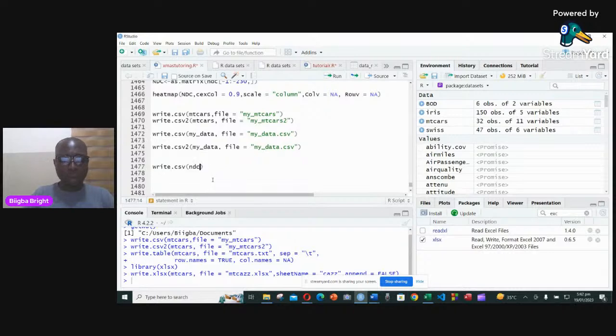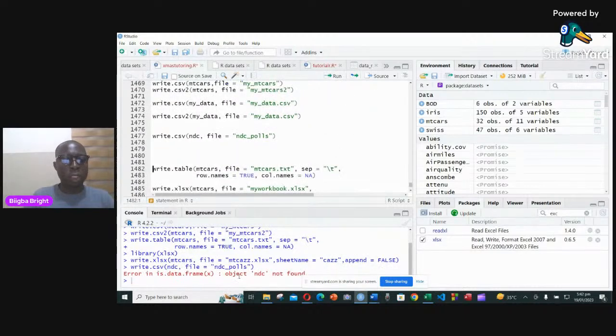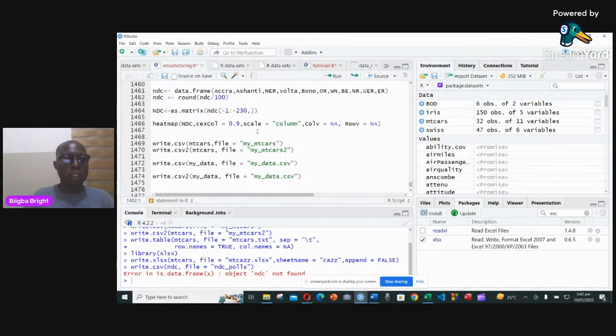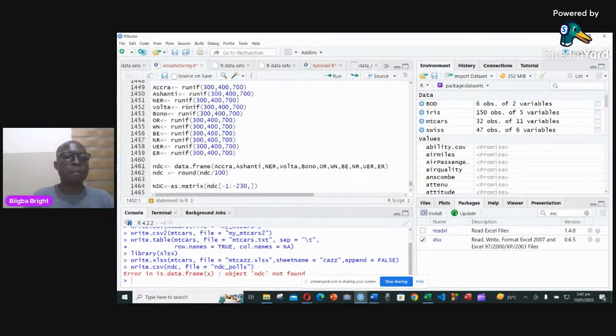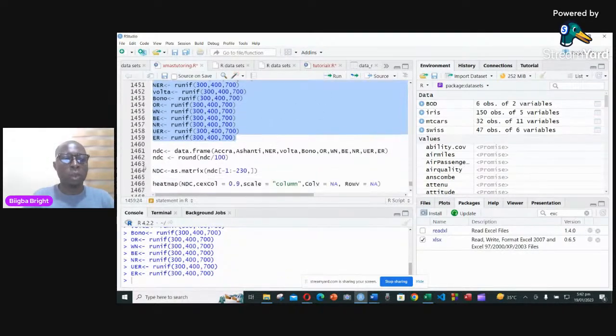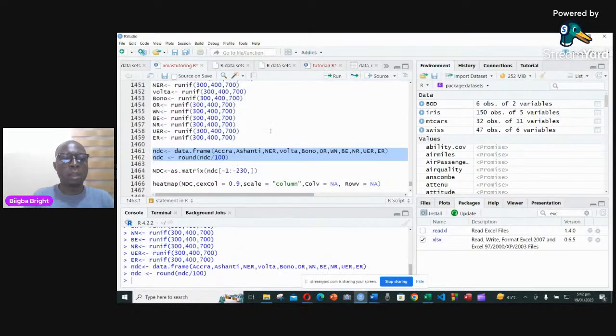The data has already been built. So if I come here, I'm going to have my file. Then I give it a name. So maybe this time I want it to be called NDC underscore post, and that's all. So if I run it, it says it could not find the object NDC, which means that the build up here has not been run. I didn't run the build up here. So if I come and run everything again,